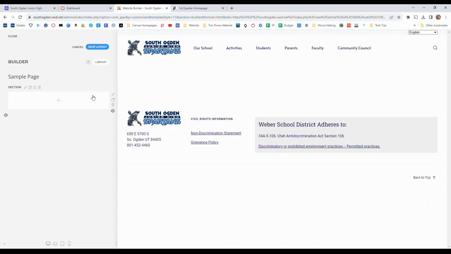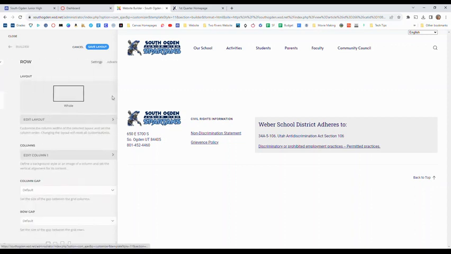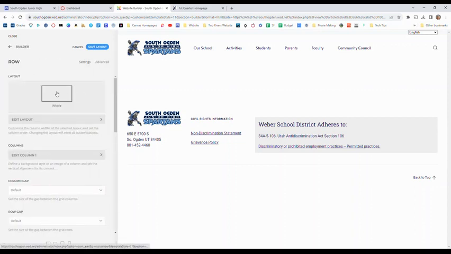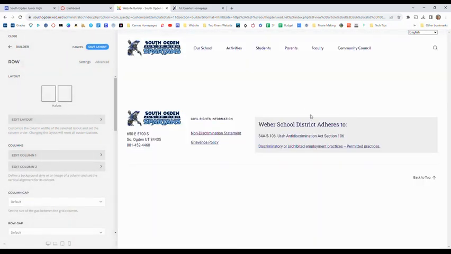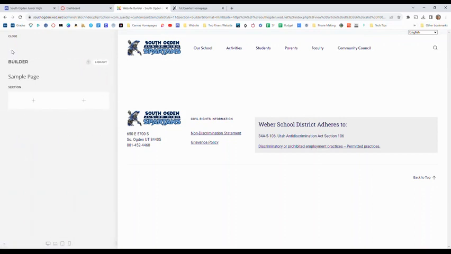This goes across the whole way, but if you come up here to this pen, you can say, instead of doing across the whole thing, I would like it to be 2 pieces or 3 pieces, whatever you would like it to be. So once you've picked that, then you choose what content. Let's just look at what it would look like to do 2 pieces. So you can save that part of the layout and then go back into the builder,